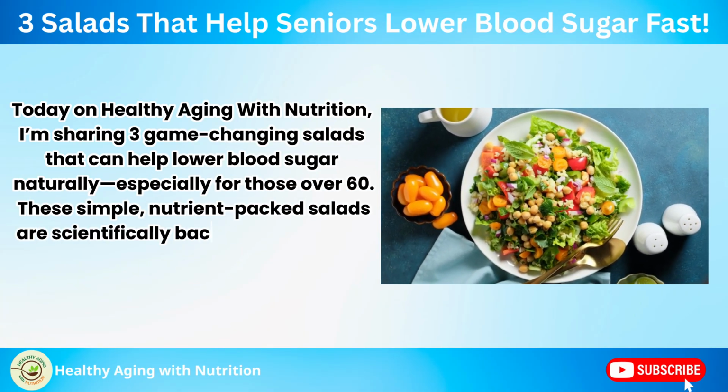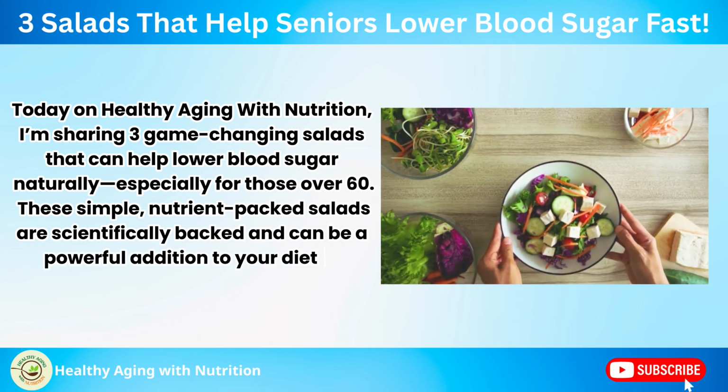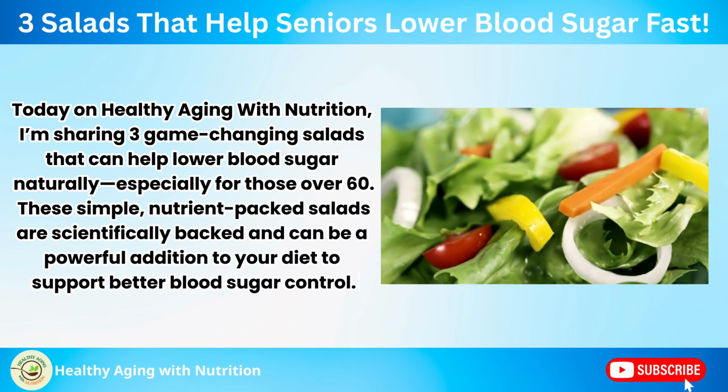These simple, nutrient-packed salads are scientifically backed and can be a powerful addition to your diet to support better blood